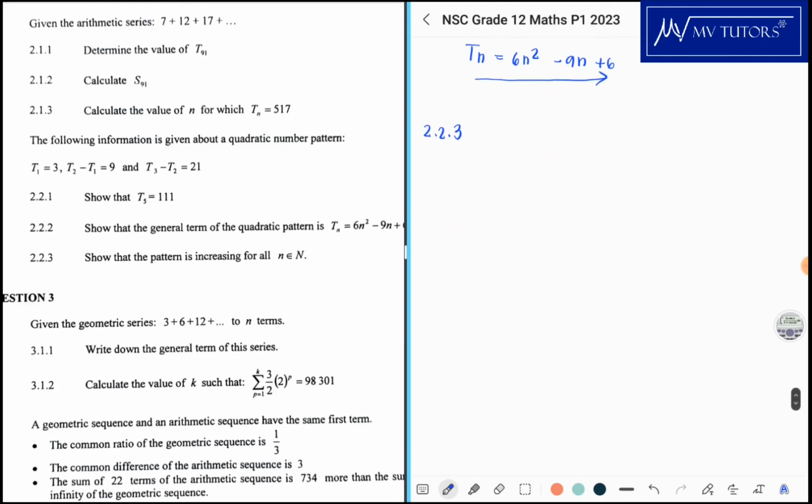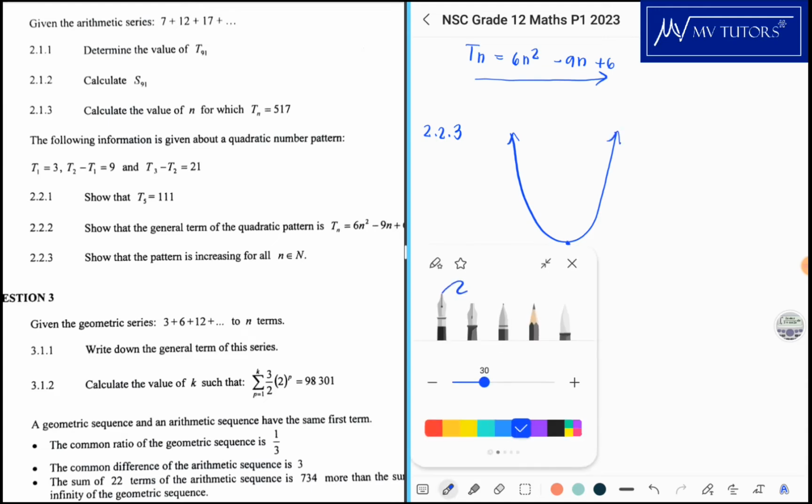And here's the thing: when you have a quadratic pattern, think about a parabola. We already have the equation of the parabola, and it's a happy face parabola. Because it says we should show that it's increasing for all values of n, which is an element of natural numbers,